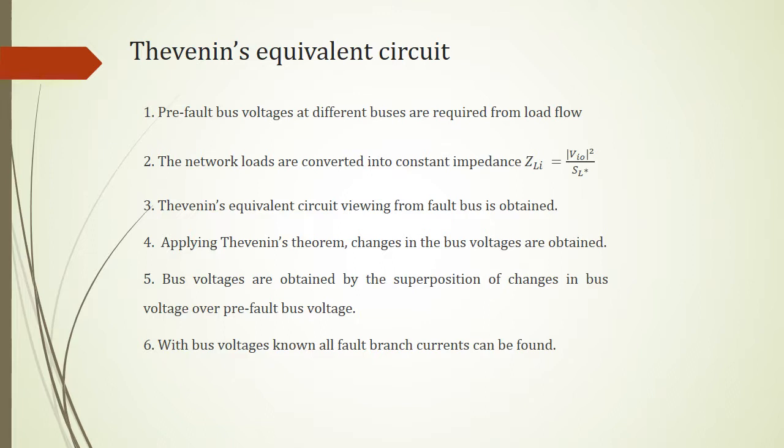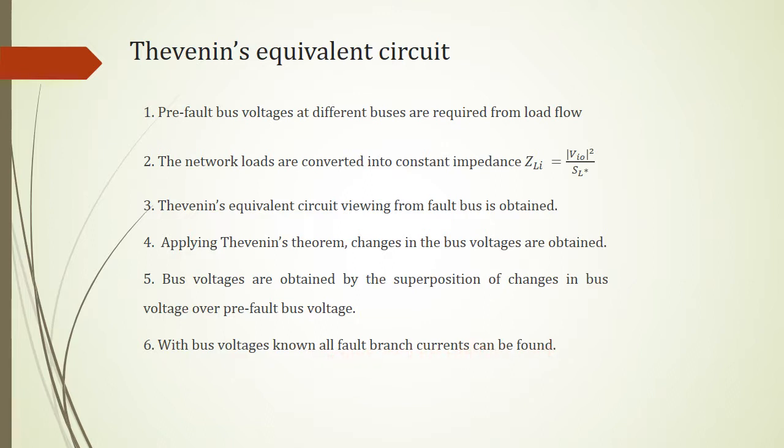After applying the theorem, the changes in the bus voltages are obtained, and then the bus voltages are obtained by the superposition of the bus voltages. When we know the bus voltages, the fault current in the branches can be found using